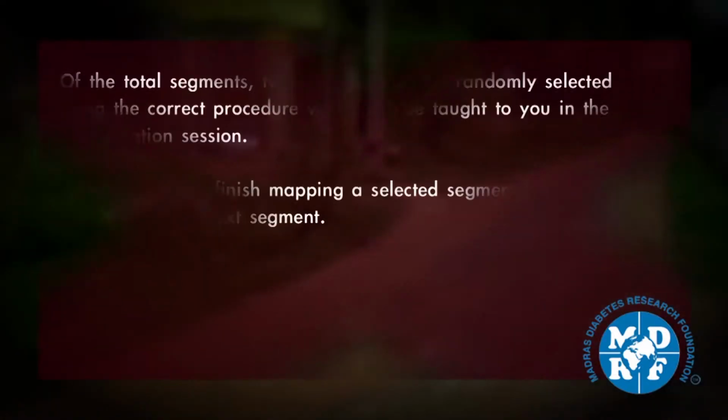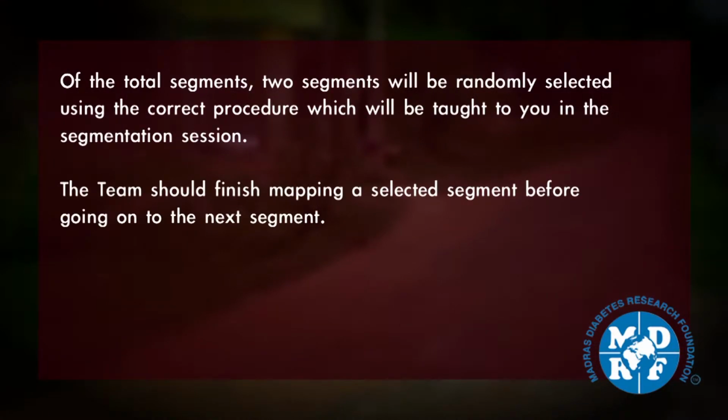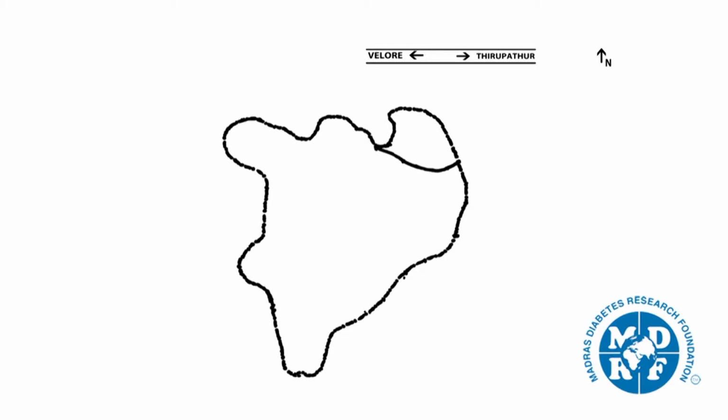Of the total segments, 2 segments will be randomly selected using the correct procedure, which will be taught to you in the segmentation session. The team should finish mapping a selected segment before going on to the next selected segment. Within each segment, start at one corner of the segment and move clockwise around the segment and cover the entire